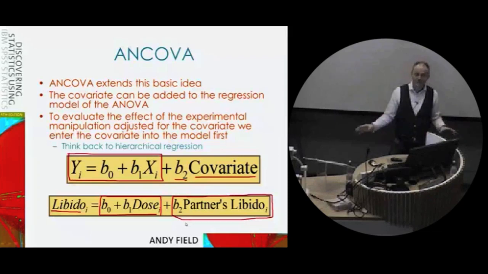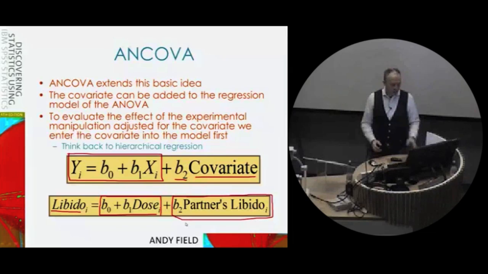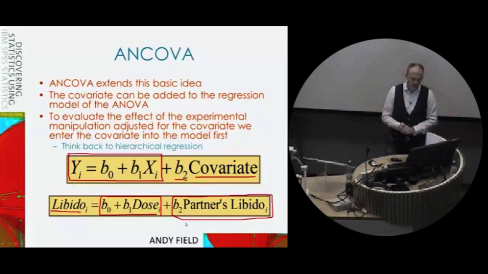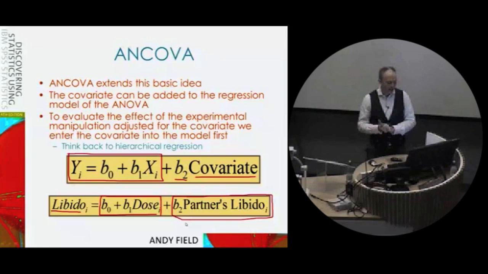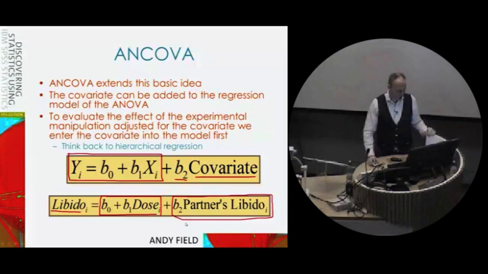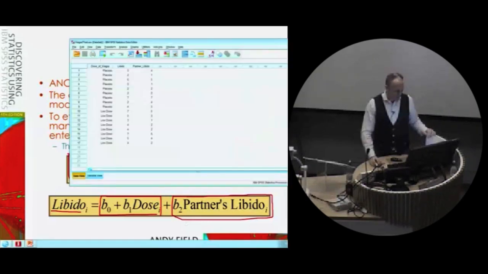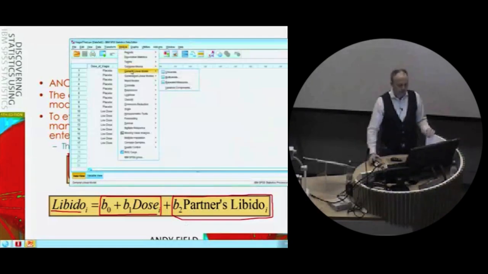So we could, for example, literally do this using the regression menus. You don't do it using the regression menus, but you could. What's going on behind the scenes is the same. The reason you don't do it through the regression menus is simply because when you get more complicated situations, it's much easier to let SPSS do the coding and the thinking for you. And if you do it through the ANCOVA menu, then it does a lot of the hard work for you. But just to prove that I'm not making it up, we go back to our data set. What we'd effectively be doing, if we wanted to turn our t-test into an ANCOVA,